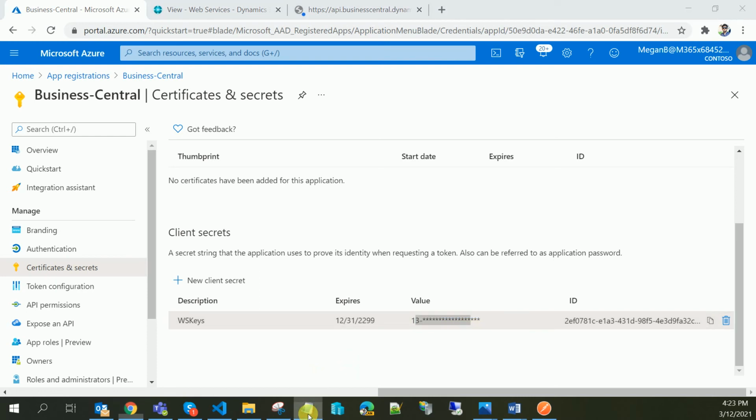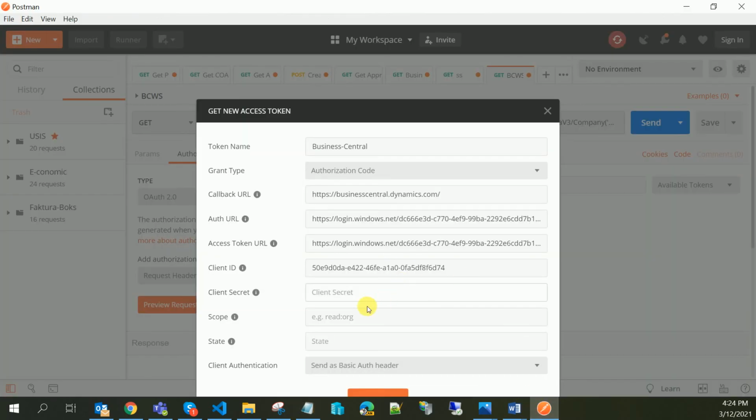I have stored this key, so I need to copy this key into Postman, like this. That is all you need.